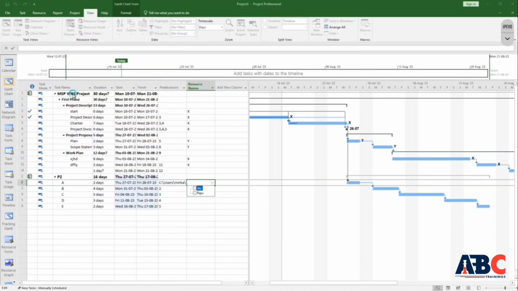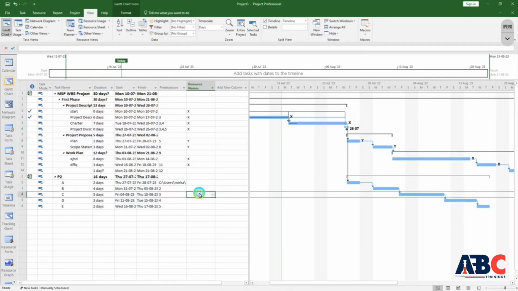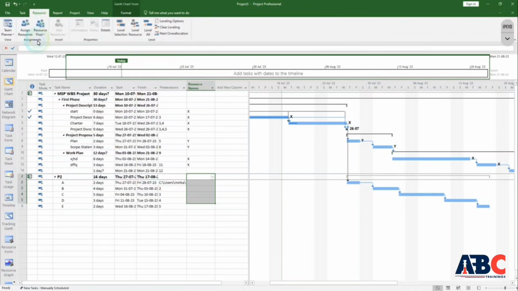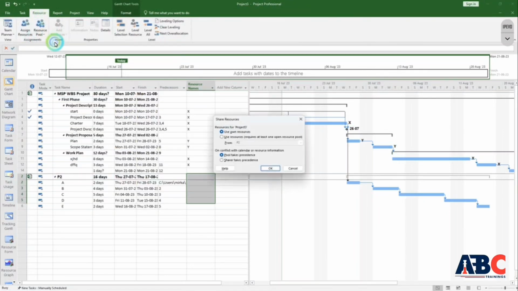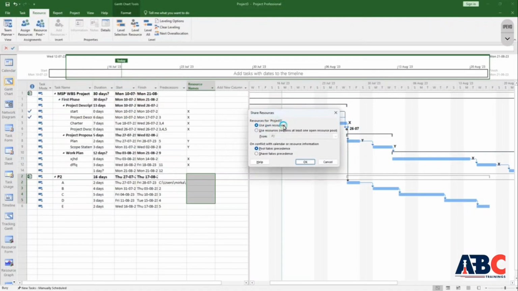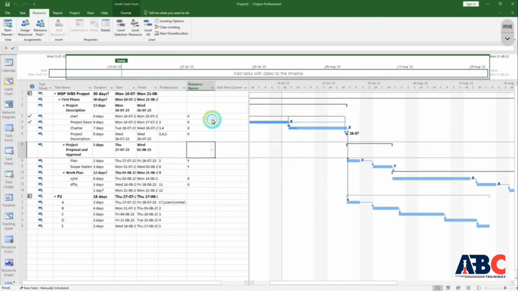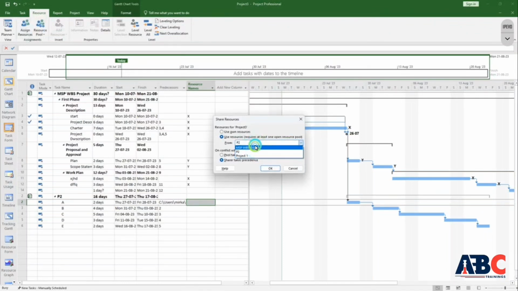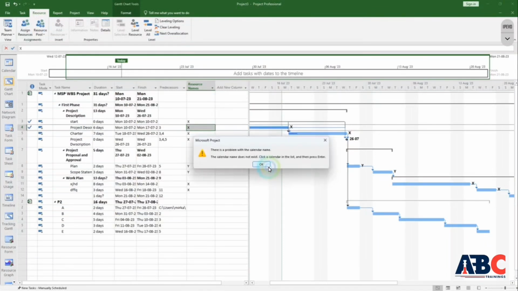So you can update it like this, and as we saw about resource, now it has only 2 resources. The resource of previous sheet or MSP WBS. Is it shared with this project? No, it is not. Now what I have to do is share it. Simply go to resource. Here you can see resource pool. So from this you can share resource, and in this you can see use resource required, at least not open in pool. Means open it, so click P2 and after this you will do OK or share or take precedence. When you are in the sheet and you are sharing resources, then instead of P2 I am taking MSP project instead of share resource, and as soon as I click OK,